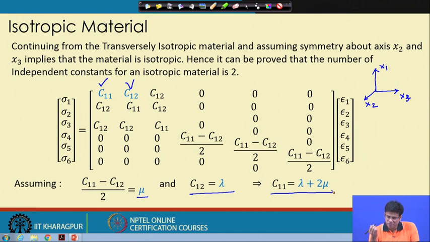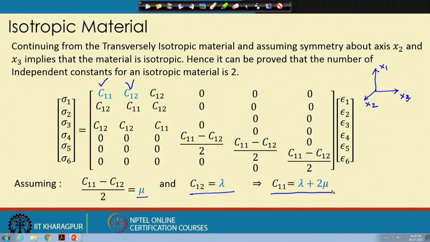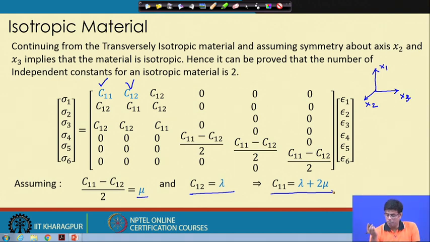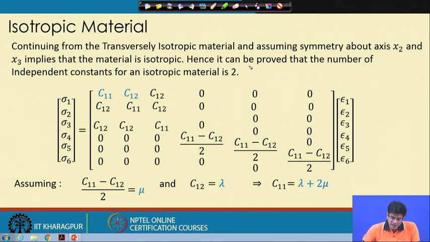So, mu is essentially, some of you must have known this earlier, the shear modulus, which is E by 2 into 1 plus nu, where nu is the Poisson's ratio. So, essentially we can write that